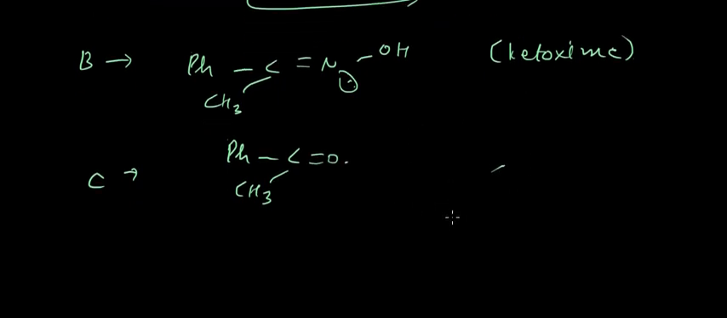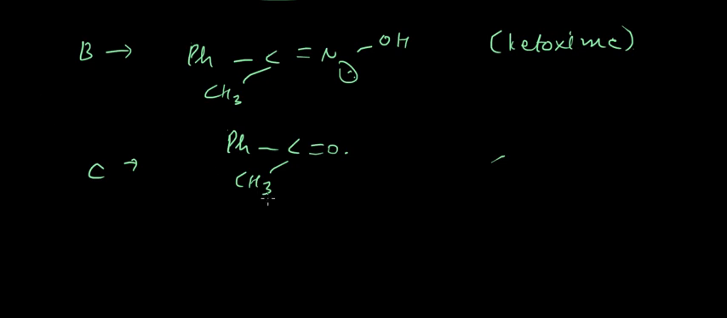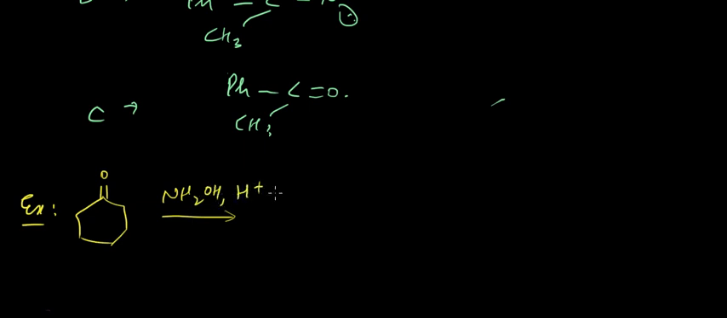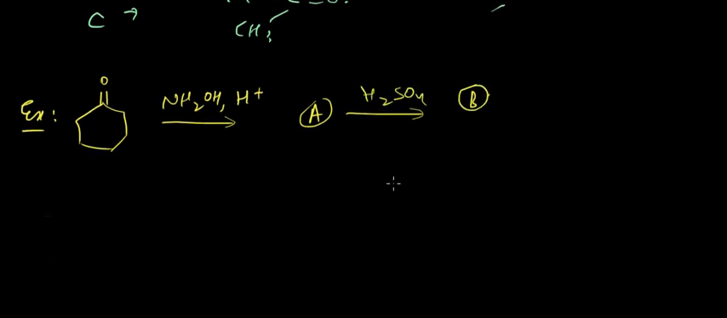Okay, let's discuss another example where we have something like a ketone. On this we react with NH2OH in acidic medium, we get to a product A, and on reaction with H2SO4 we get a product B. So you have to identify product A and B. So product A would be nothing but we will be getting something like this ketoxime. How? Obviously